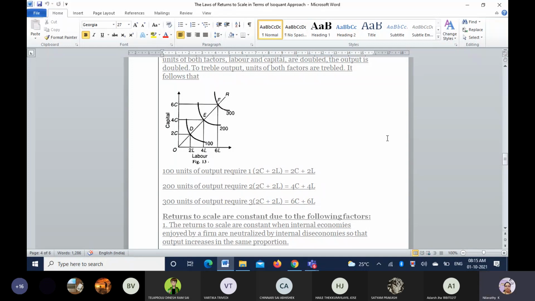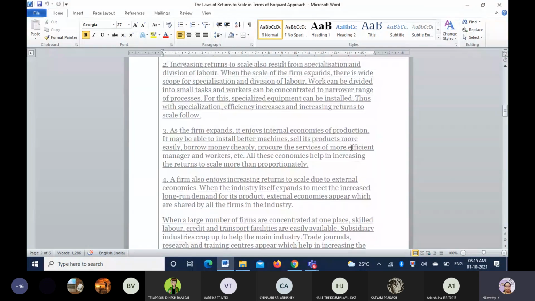Okay, so here again they have given all the explanations on returns to scale, and why the scale is decreasing. They have given all the explanations which we have seen yesterday itself. Okay, not the concept, the concept for this increasing returns or diminishing returns.